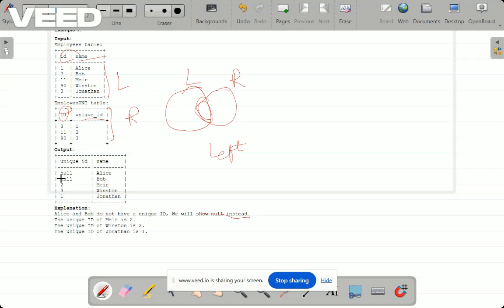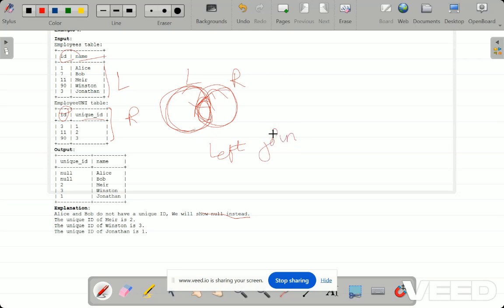And if it is not present, we are getting null values. So for that purpose, firstly we have to understand that we need all the employees, that is, all of the left table, and the combination of the unique IDs if they are present, then those also we need. So that is nothing but a left join. We have to decide this from the scenario. So they are asking for a left join.